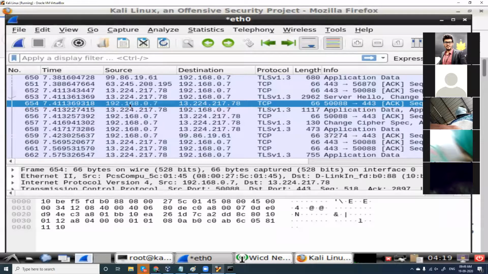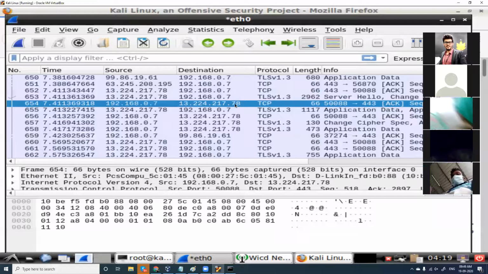So from my Kali Linux computer, I have a packet which goes out to a destination IP address which I'm not very sure of. It is 13.224.217.78. Yes, to this computer. And what is the packet? It is a TCP packet, and it says it is an acknowledgement packet.